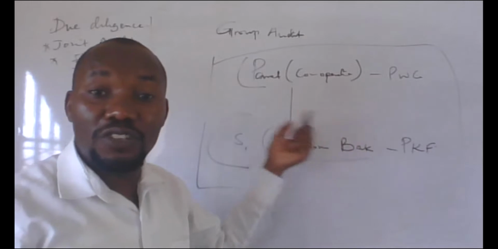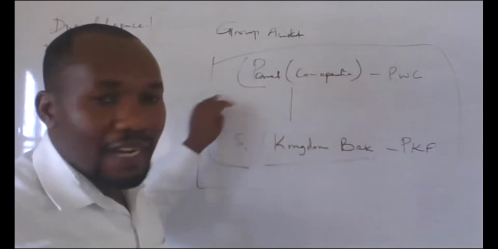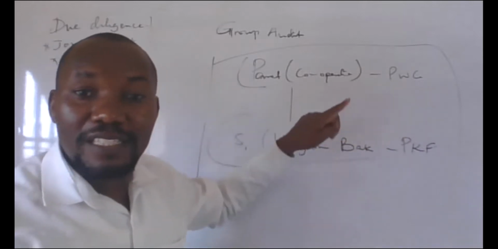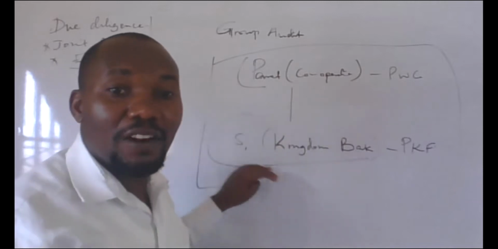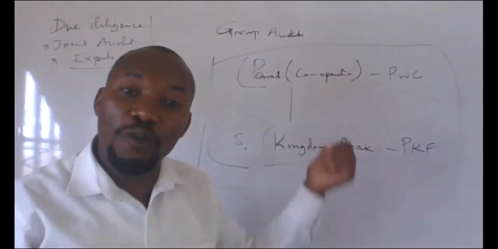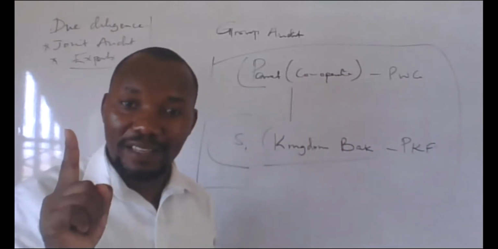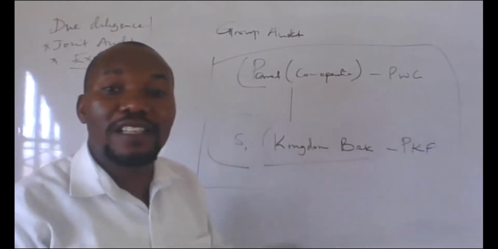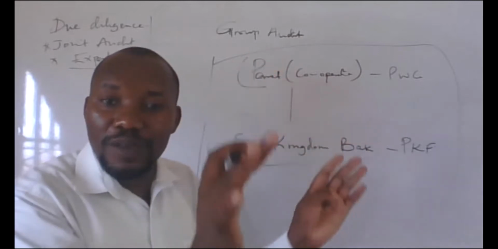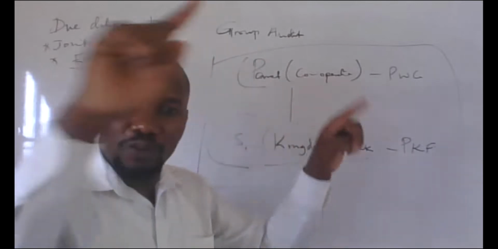And also it has its own challenges. You might be told that you are doing group audit. These companies are actually running in different activities. The parent is doing maybe textile industry. These ones are on financial, on different fields. Then now they are asking you, what is the challenge in group audit? That one is purely group audit without joint. There is no other firm who has come in to assist so that the group financial statement has been done by two people. No. One audit firm doing the group audit.